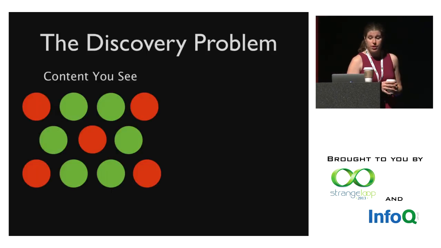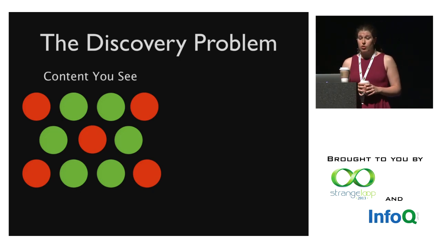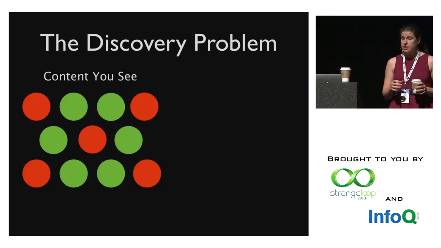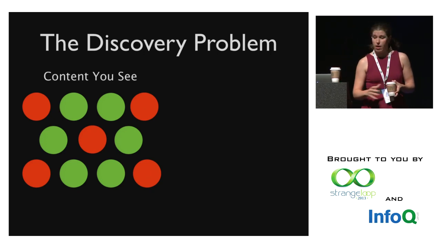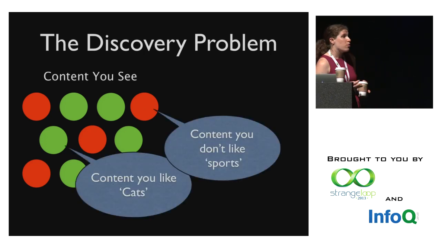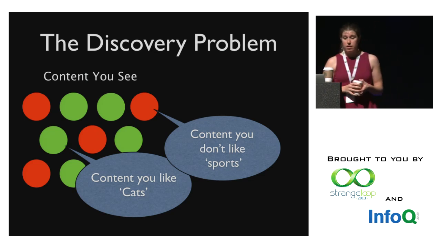I should probably start out by explaining what we do at Prismatic. We work on what we like to call the discovery problem. And the problem is this. You're a person, you like surfing the web, you like finding stuff to read, and the web is vast, so it's not that hard to find some content you like. In my case, that probably means cat pictures. It's probably going to be mixed in with stuff you don't really like. In my case, that would be sports articles.